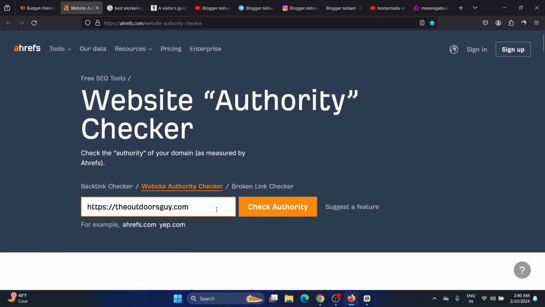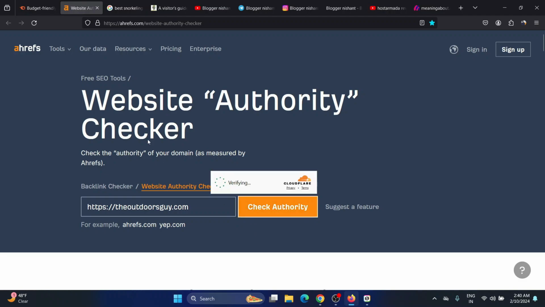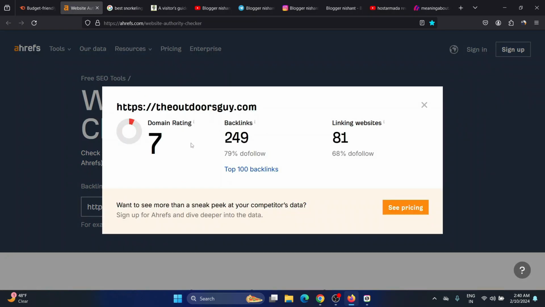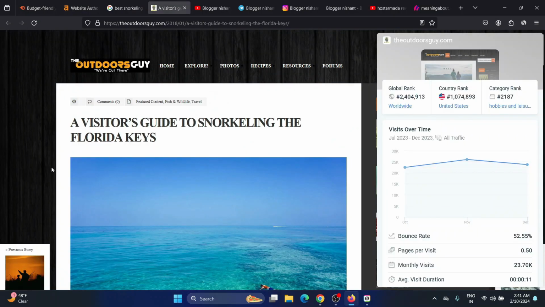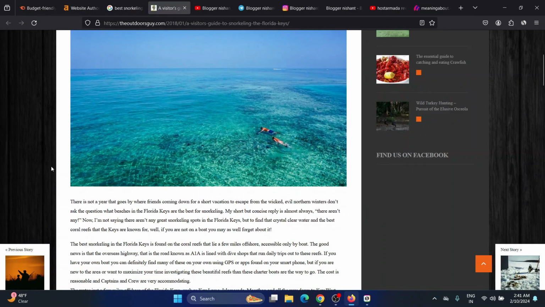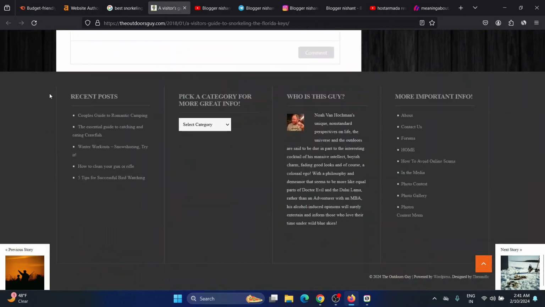If I show you the domain authority, which you can generate from Ahrefs, you can generate any website's authority. They only have a domain rating of 7 and they are getting 20,000 traffic. So this idea works very well in finding low competition keywords and low competition websites.